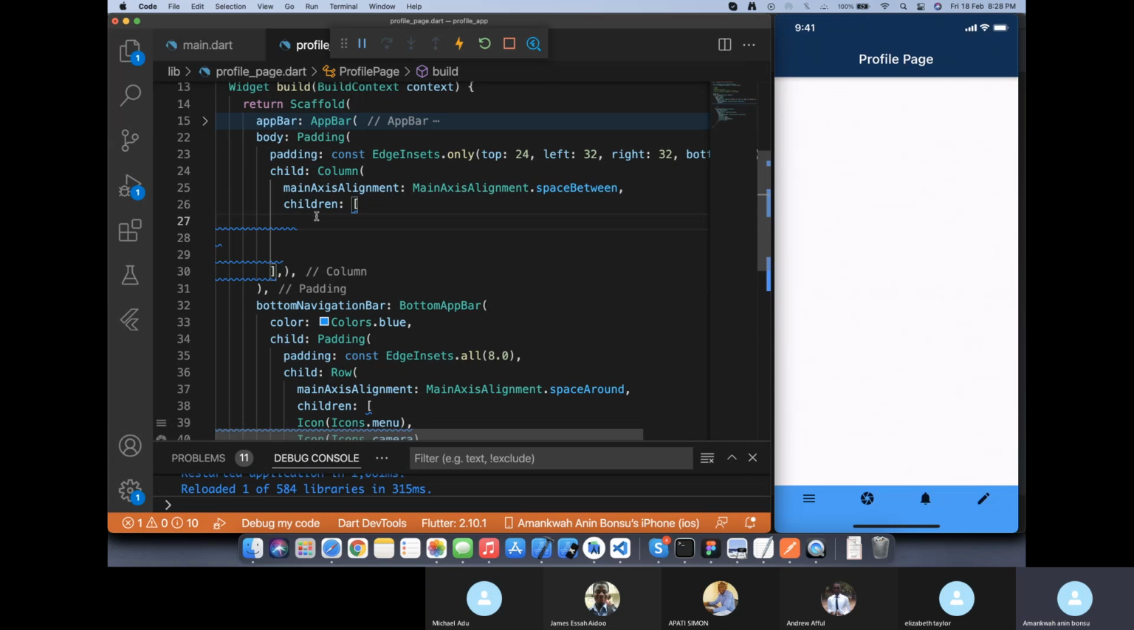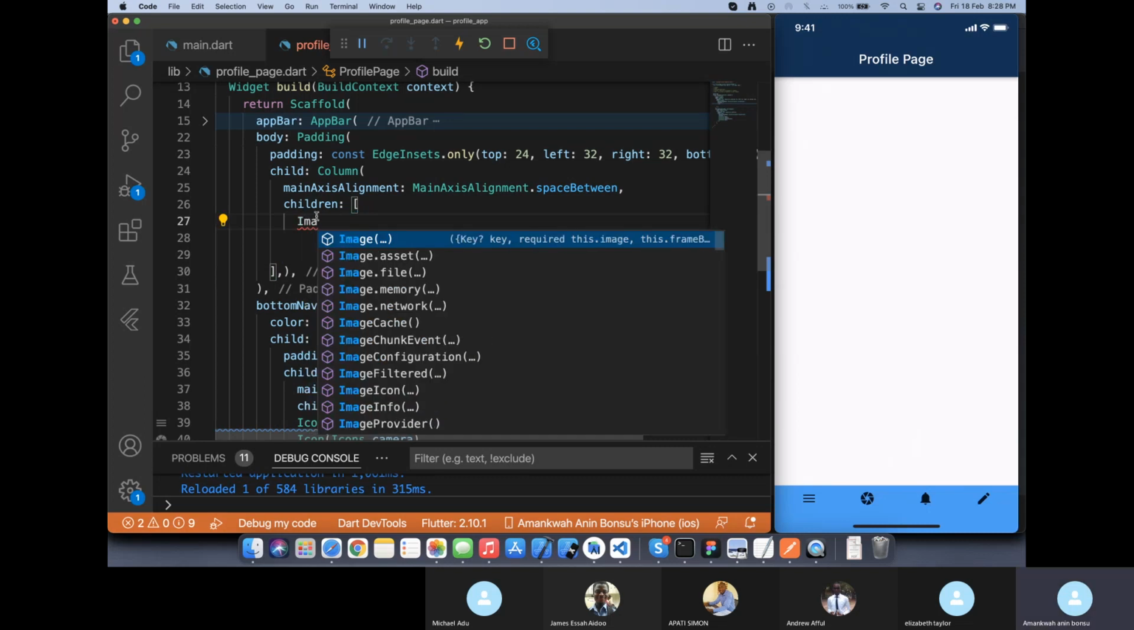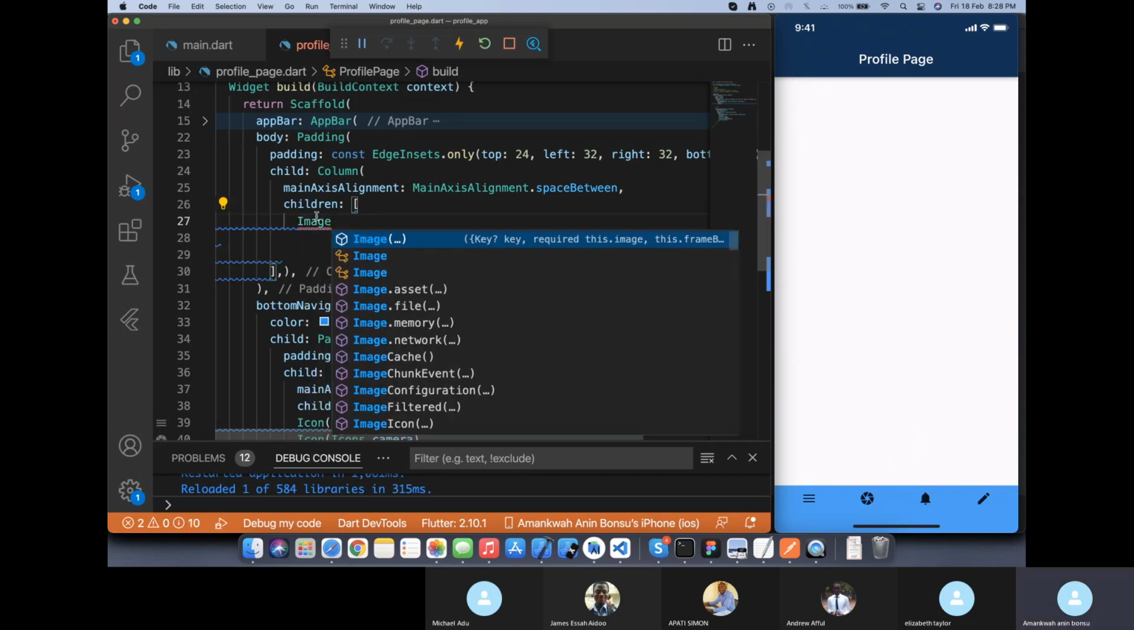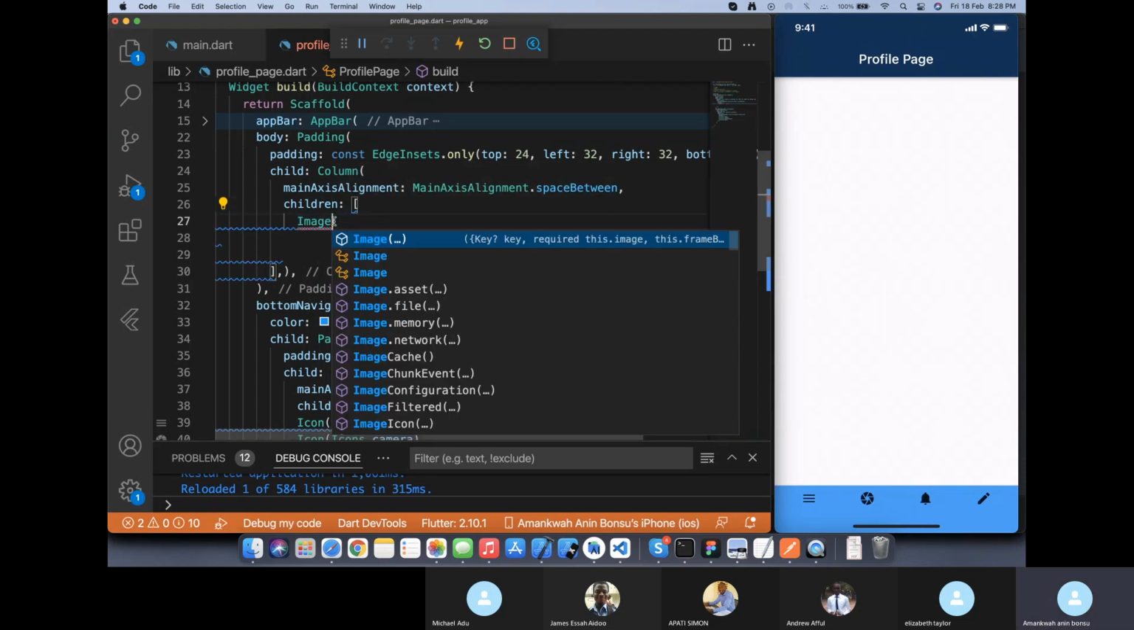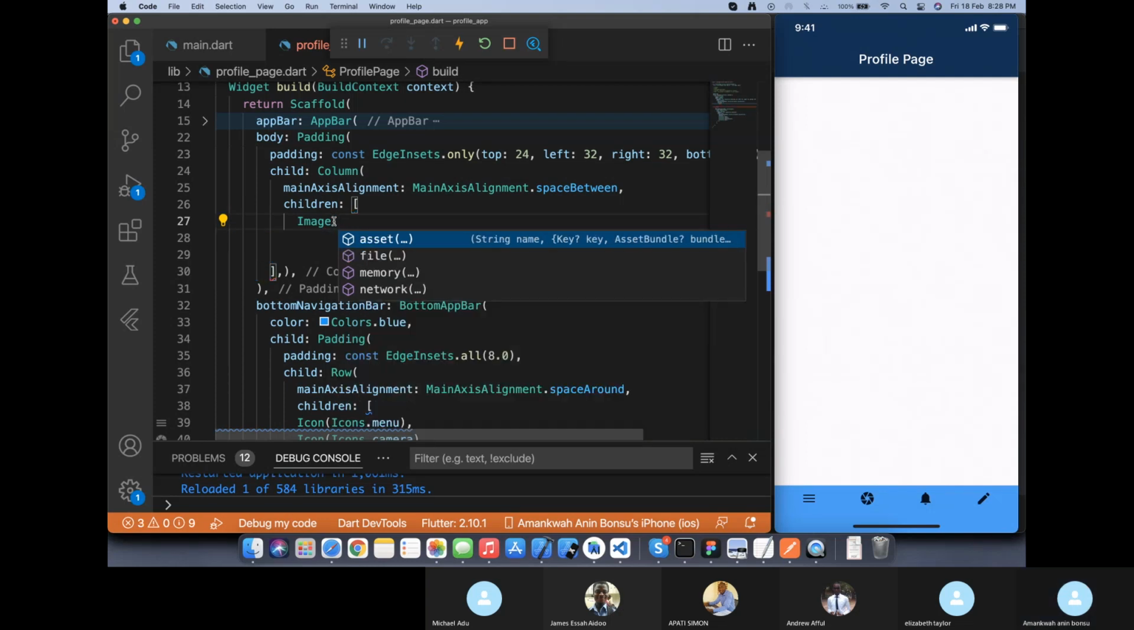So let's assume you want to create an image. We have a lot of ways you can create images. You have the image widget, just call Image. And this image has Image dot, which gives us from assets. If you want to use from assets, that is where you've downloaded an image and you want to load it from your folder, you can use this one. If you want to use a file, we'll learn it later. If you want to use memory, you can load it from memory